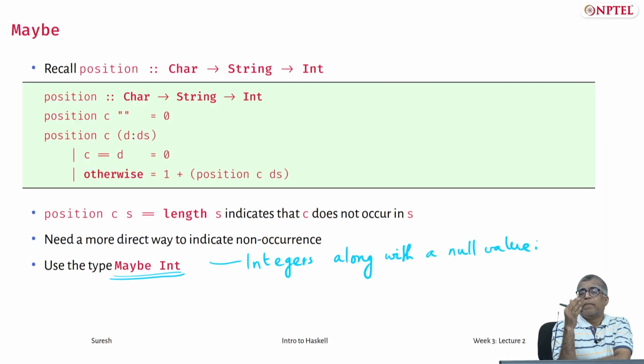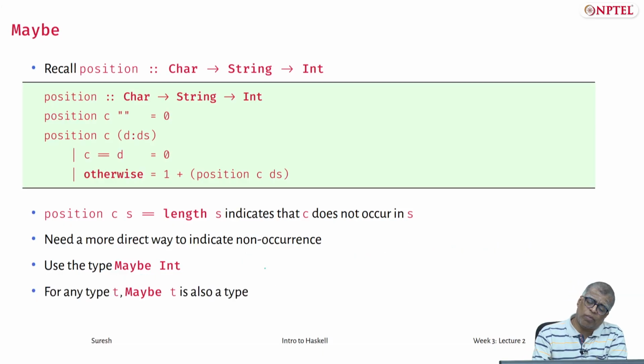Right, so the character might not occur in the string at all, in which case I have to return a null value, but it might occur, in which case I will have to return an integer. But the normal way of programming, you need to do various null value checks at the site where you call the function, rather than checking for length S, etc. Haskell offers a neat way of doing this. It's called maybe int. So we'll look at this.